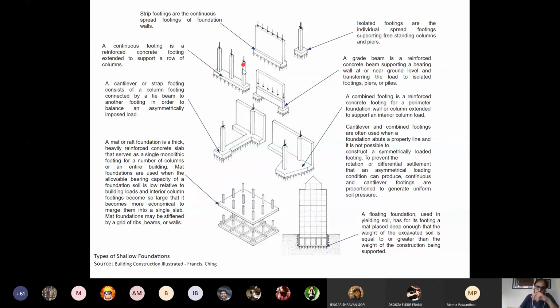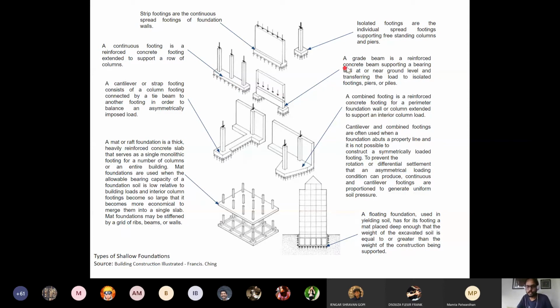Remember, all these things are subject to the load and the bearing capacity, and what area is required for the footing. In case of shallow foundations, that is very important. Also remember that a deep foundation for buildings is actually a very expensive affair. Generally it is done only for buildings that are high rises.